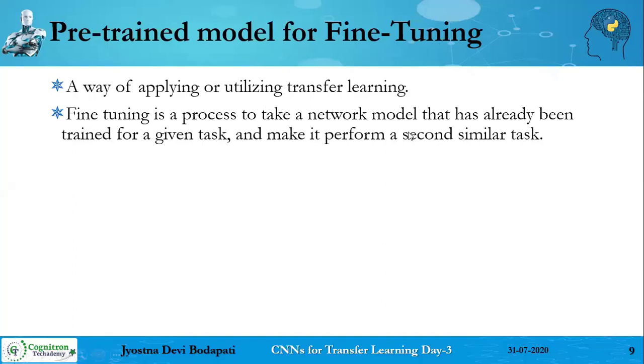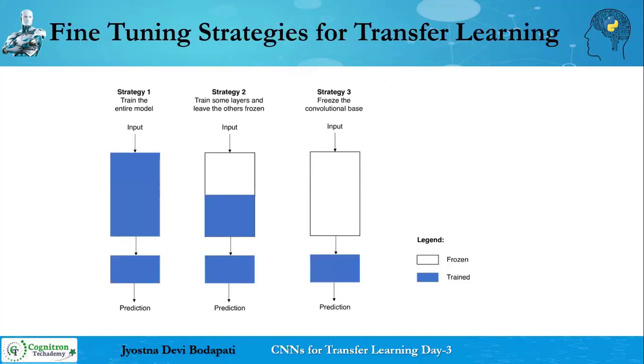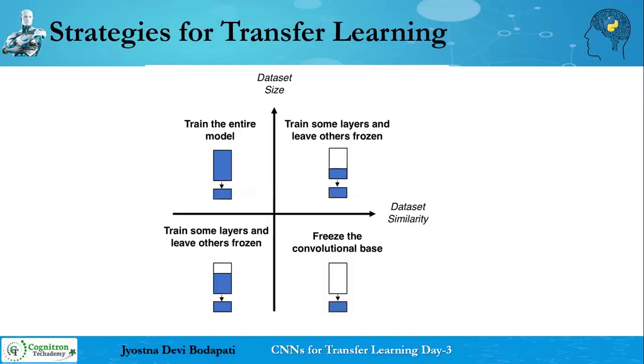In this strategy, you take the already available network, either partially or fully. You can take the existing pre-trained model, and if you have a similar task and your own data set, then your data set can be trained on the pre-trained model. So that's basically what fine-tuning is. Based on the literature, you can understand that.